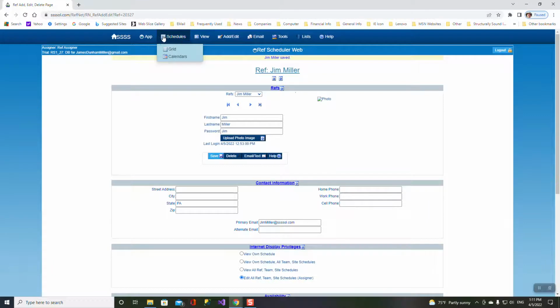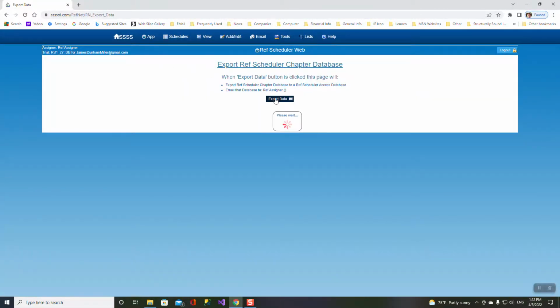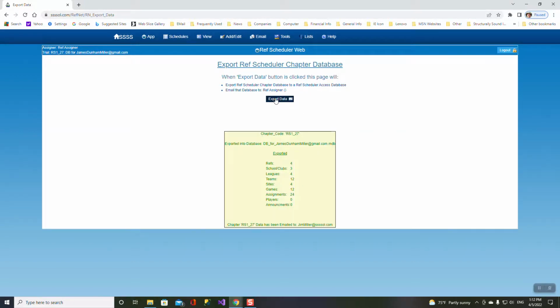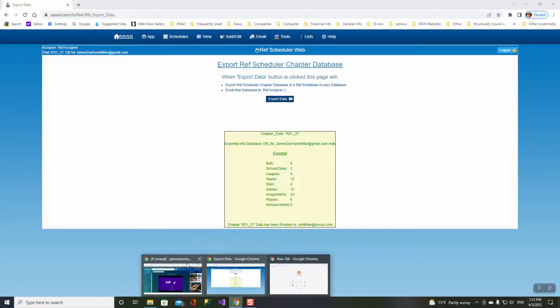So we'll go out here and, let's see, go to the import to the export data, and we want to assign that, or mail that database, to Jim Miller. Okay, so that was mailed to Jim Miller at ssol.com. So let's go out here and pick that up in the email,